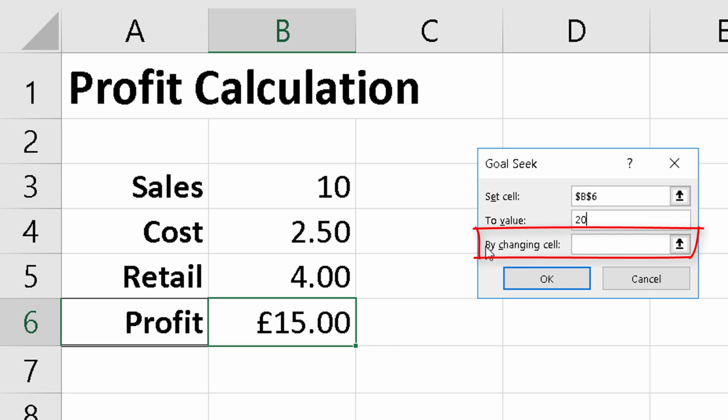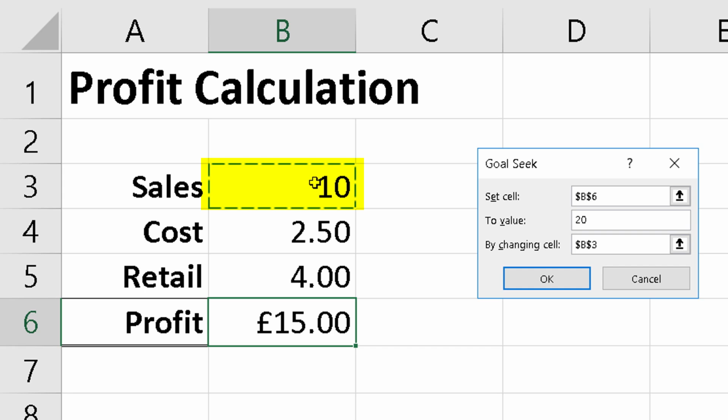It then says, by changing which of these other cells on the sheet. In other words, which one of these cells do you want me to play around with to try to achieve that goal of £20? So for this, you click in this field by changing cell and then click on which one you want. Now maybe we'll start with trying to see how many more units I would need to sell that week to achieve £20. So if I click on this cell here, B3, let's put that in, and you click OK,